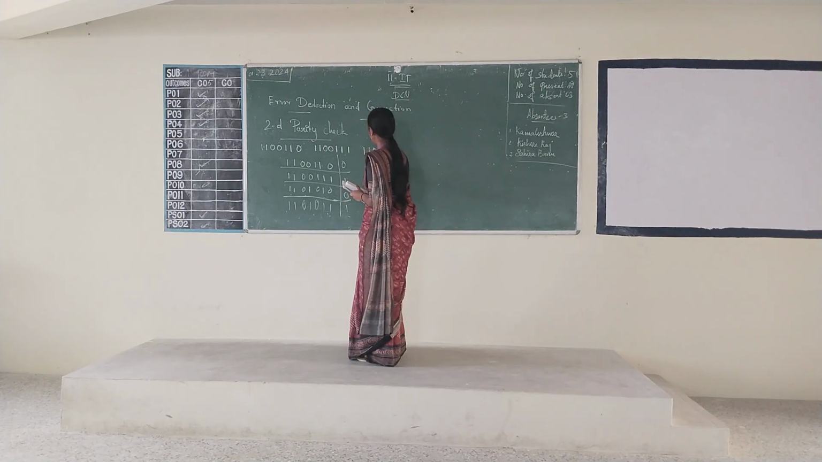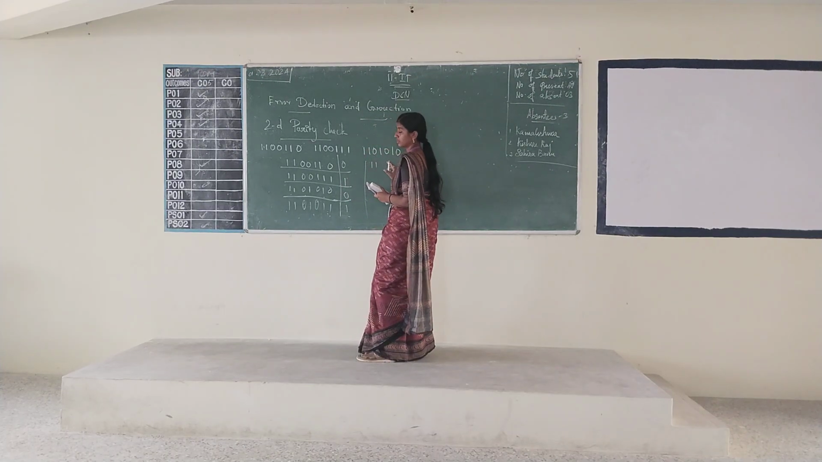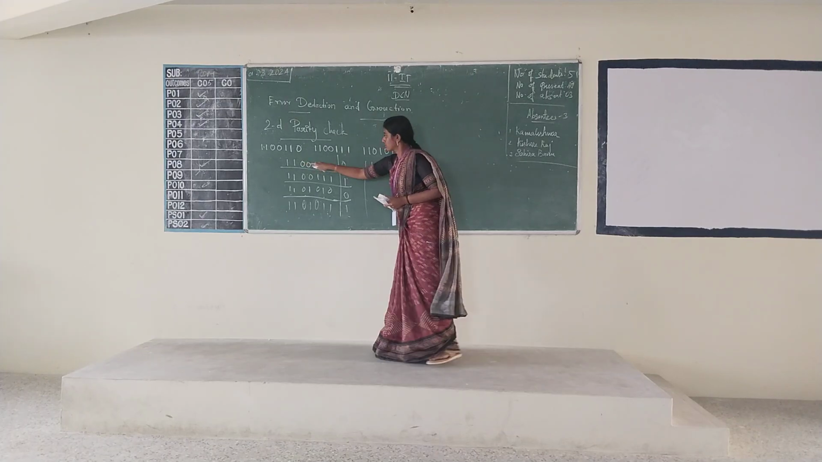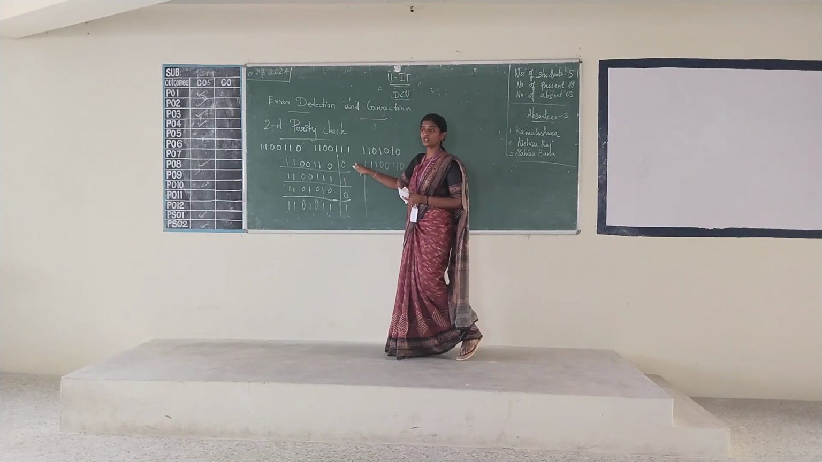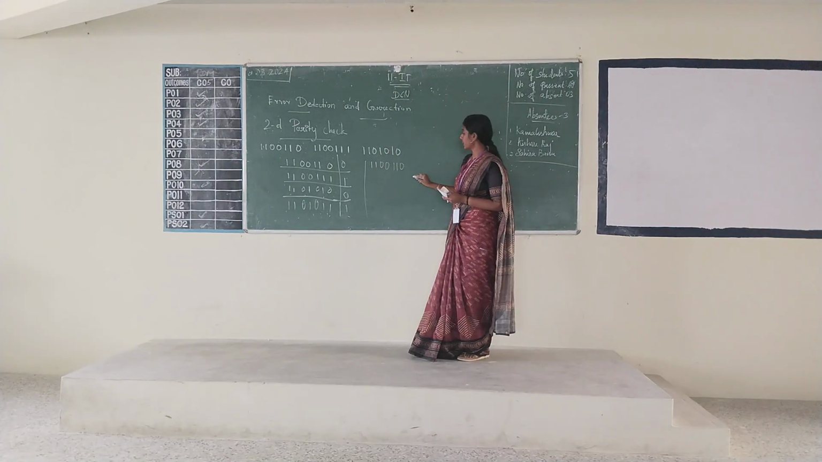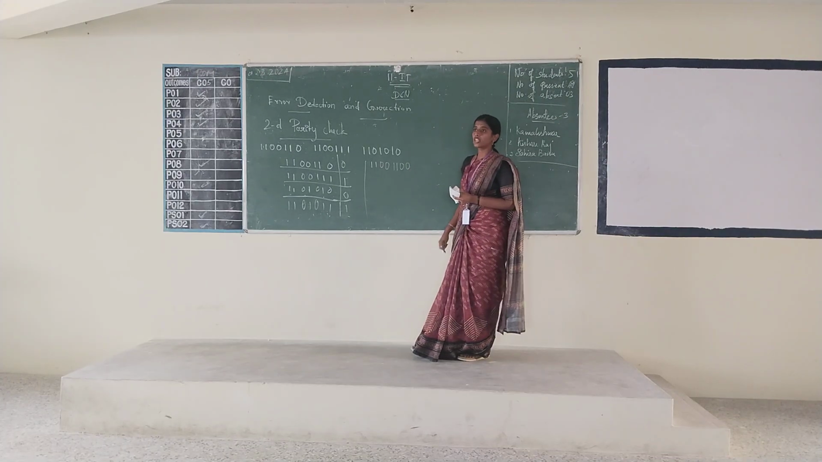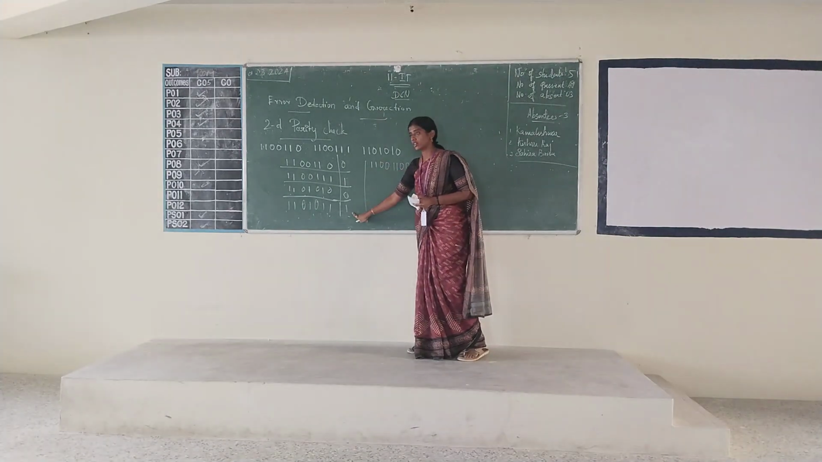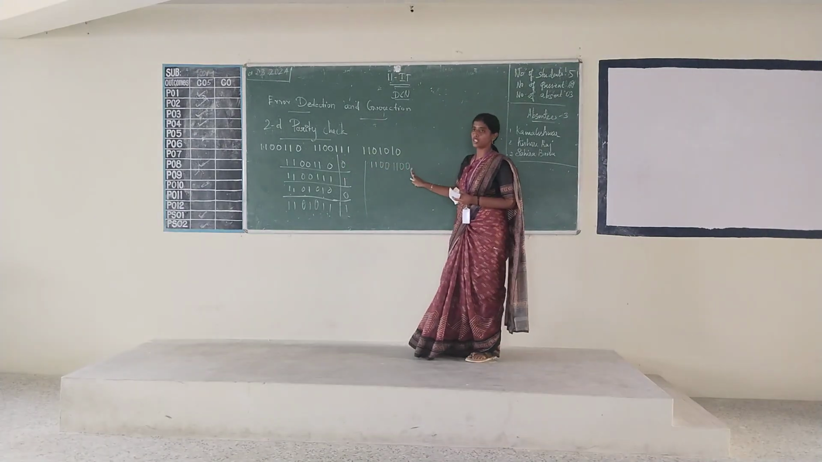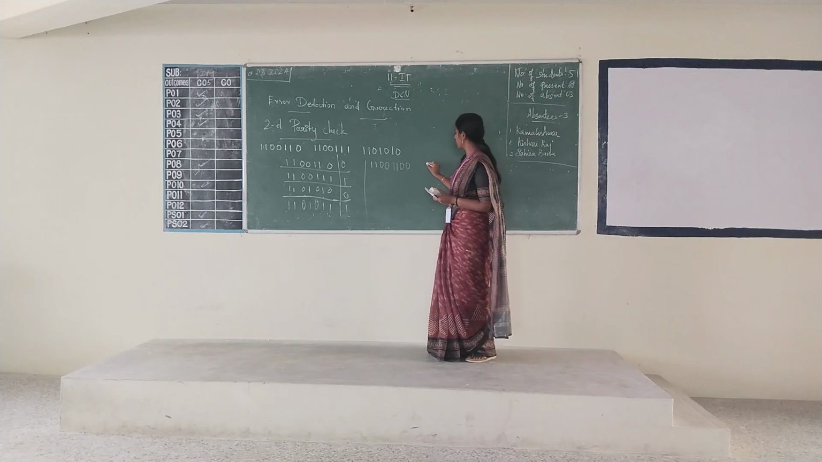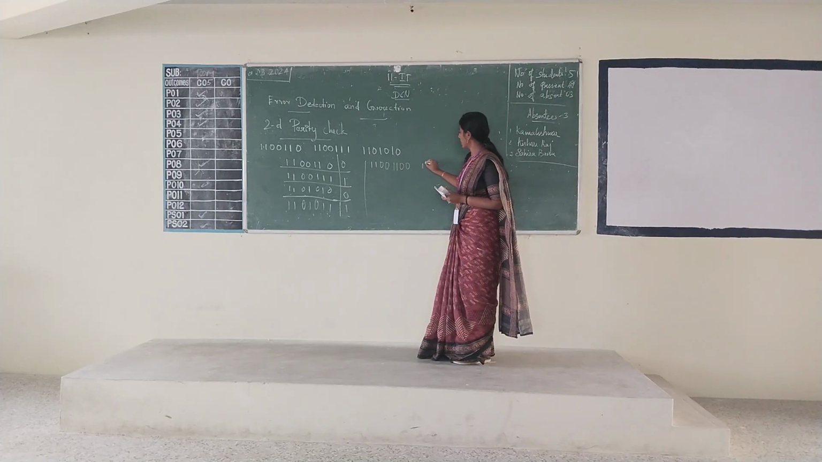1, 0, 0, 1, 1, 0. You will add this 0 also in your data that is going to be sent. In your longitudinal, you will not have this row bits. Now you will be adding this also to your original data. Then what will be your second data? 1, 1,